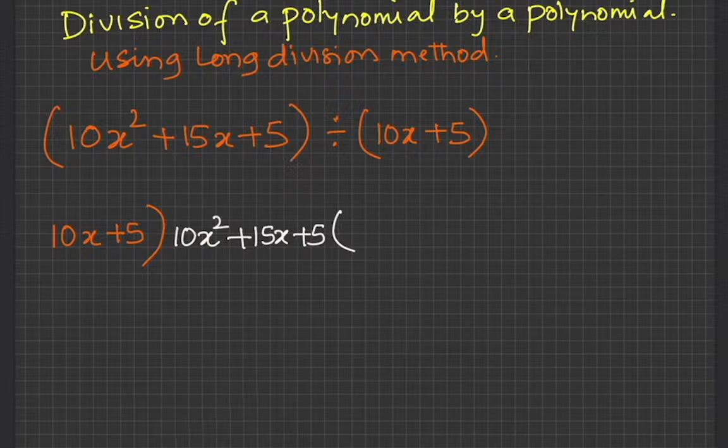Okay, so some steps here. My first term in the dividend is 10x squared, and the first term in the divisor is 10x, right? So when I divide